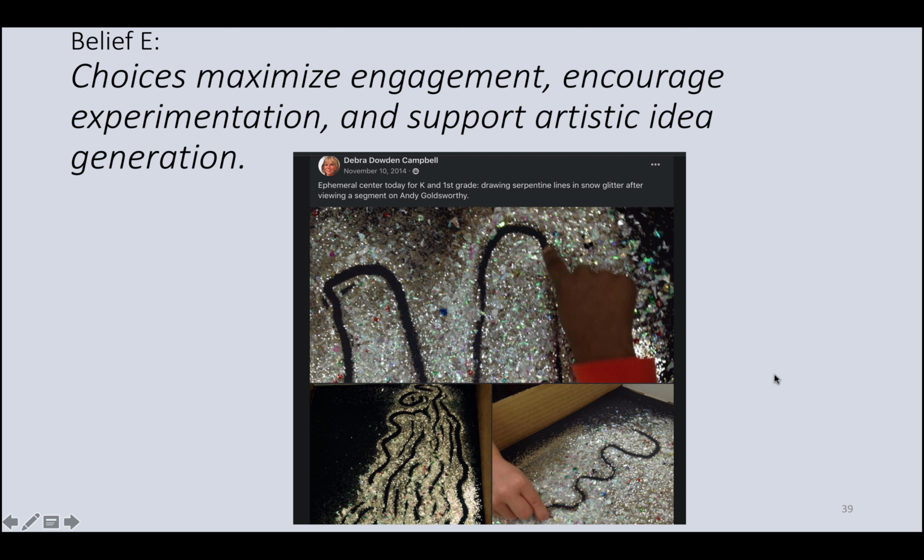Here's an example of what I see as part of teachers using choice intelligently and usefully, and for all sorts of great, engaging things. This is an ephemeral center that Deborah Doden Campbell posted several years ago. It is for first grade and kindergarten. They're drawing serpentine lines in snow glitter after viewing a segment on Andy Goldsworthy.